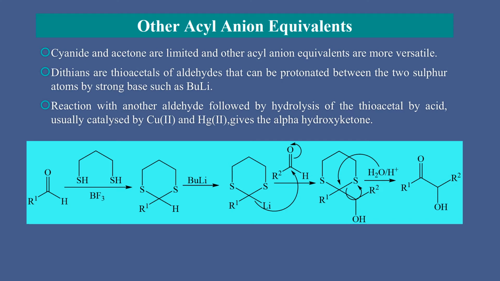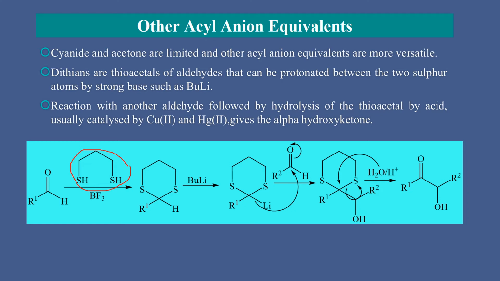As we saw, cyanide adds only one carbon, and acetylene adds two carbons, so we should have some other acyl anion equivalent which is more versatile and which can add more than one or two carbons. So there are dithianes. Here it is a dithiane, or thioacetal, of an aldehyde